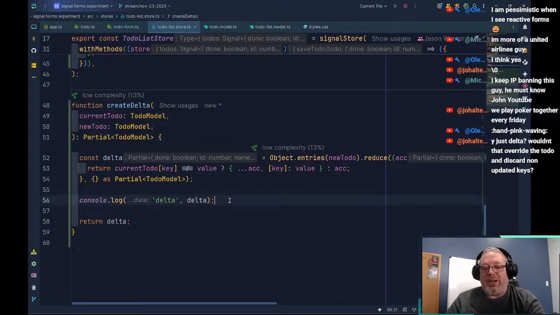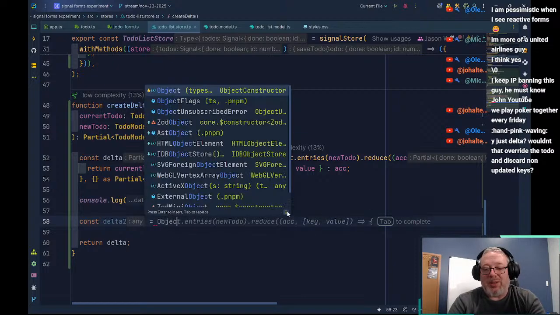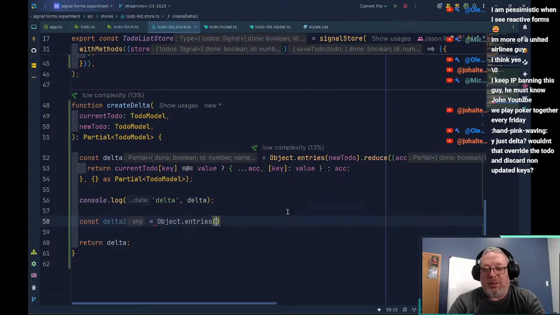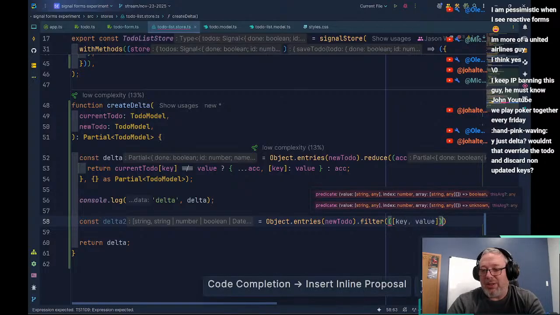We could compare that actually. So we could say const delta2 equals, and again, Object.entries newTodo. And here, we can just do filter. And we'll destructure the key value. Yep.